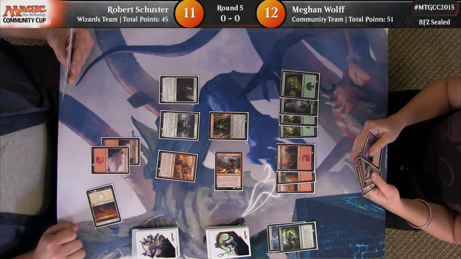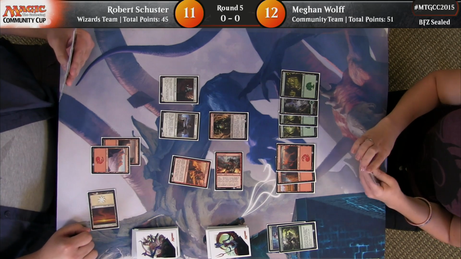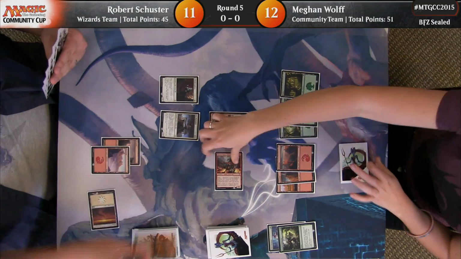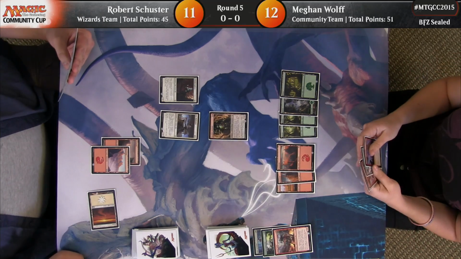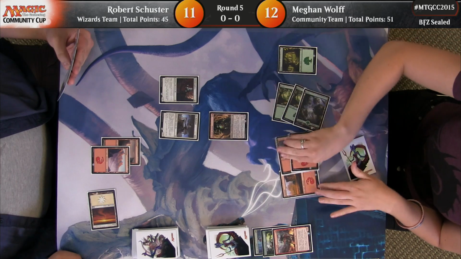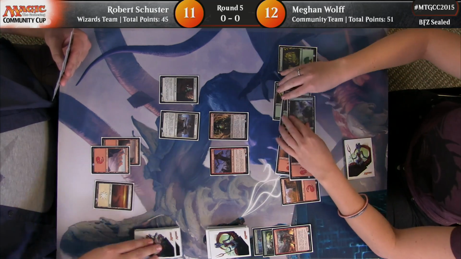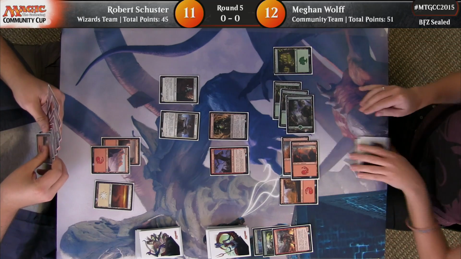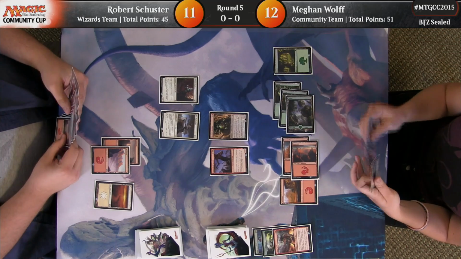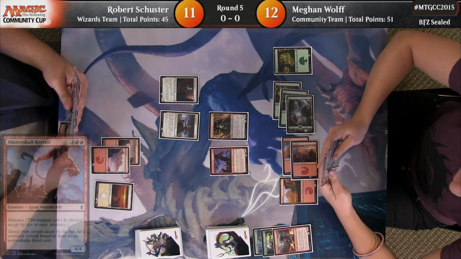She gets in with the Chasm Guide, sends it into a board full of creatures here. Okay, and it's time for the Predator to trade with it. Now, I think I just saw in Meghan's hand, is that Breaker of Armies? I didn't see what she played, though. Breaker of Armies costs 8, so I think that might have been